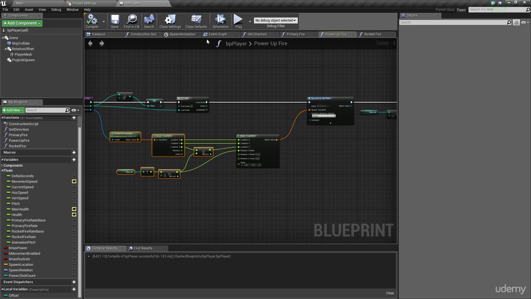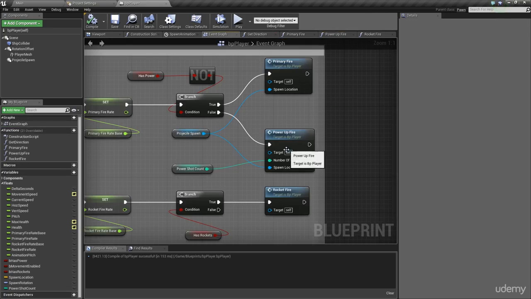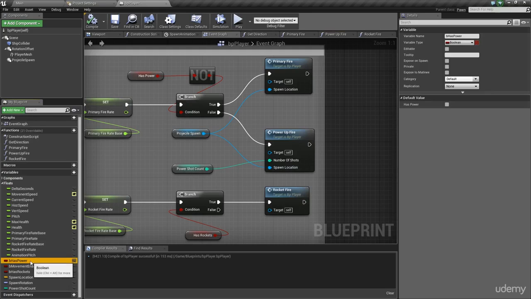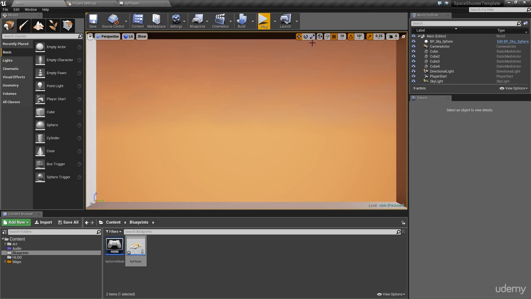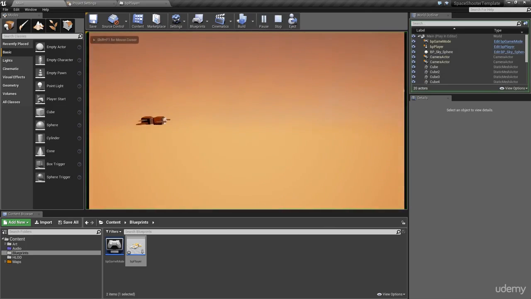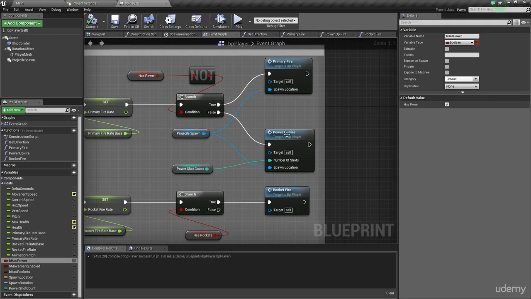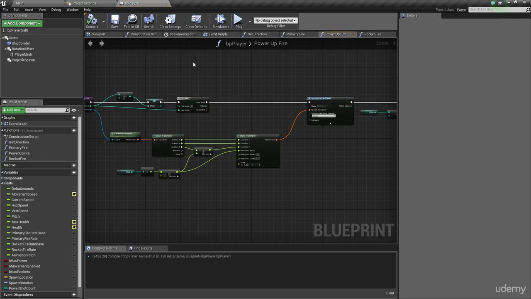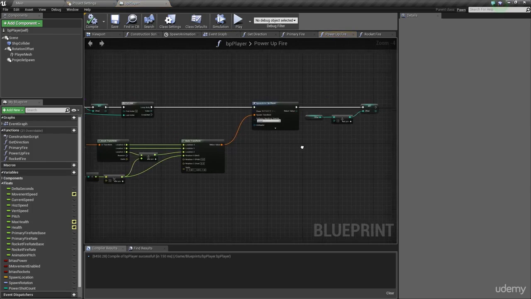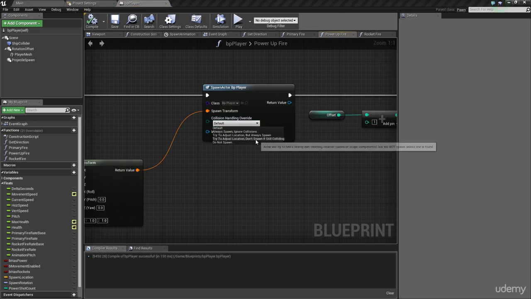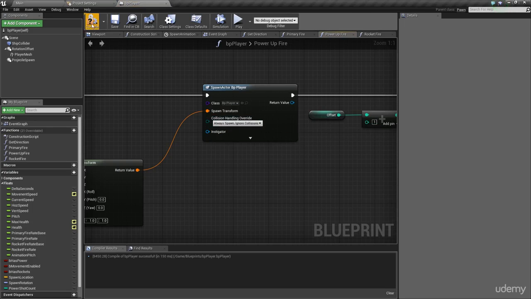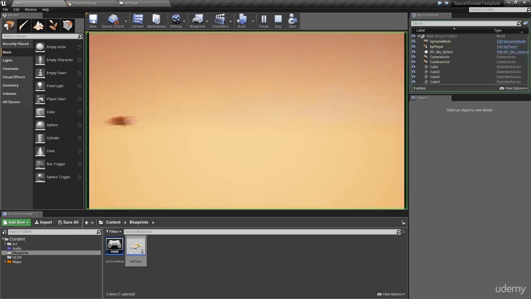And if we go back now to our event graph, we now have this set up. If we change this boolean down here, kind of like a quick cheat system for us, we can tick this and give it a has power boolean of true. This means our projectile will now not fire the standard projectile. It will now go into the power up projectile function. And the only thing we need to change again is to make sure that we always spawn and ignore collisions. If we go back and play,